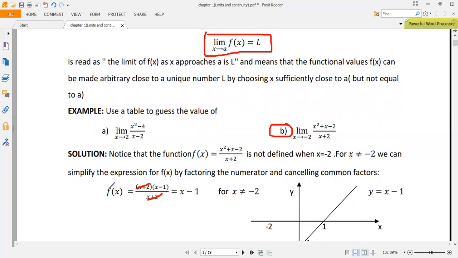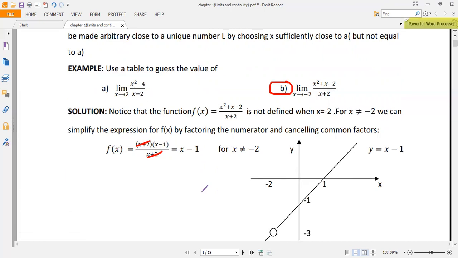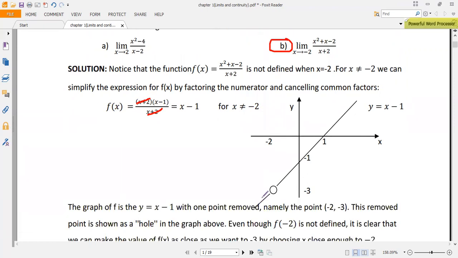So when we are drawing this function, f(x) is equal to x minus 1, which is a linear function, which is undefined at x equal to minus 2, so at x equal to minus 2, we make it a hole. So when we are drawing this one, to find the intercepts for this function f(x) equal to x minus 1, to find the x-intercept, we make y's value or f(x) equal to 0,